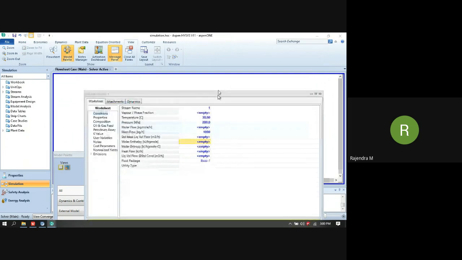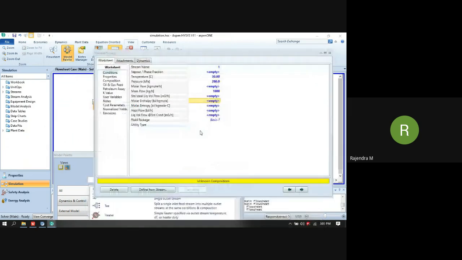Based on the input you provide, it will show you a message that this data is incomplete. Initially this strip was in red color. Now it has become yellow. It means that we have to provide additional data. Okay. So it's showing over here: unknown composition.